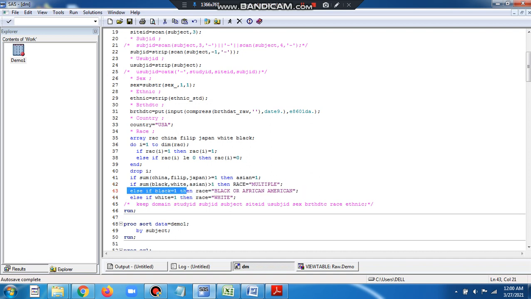Else if black equal to 1, then the patient is black or African American. Else if white equal to 1, then the race is white. So we are assigning a value for race for each subject, and when a patient falls under multiple race categories, black, white, Asian, the three big categories, that particular patient will be assigned a value of multiple for variable race.